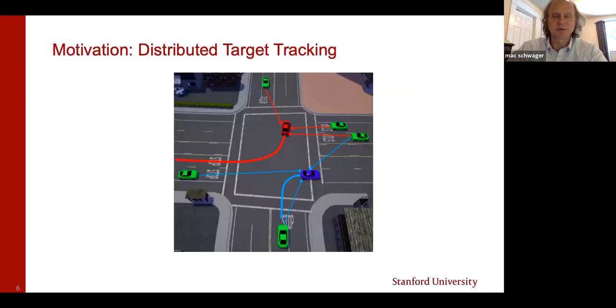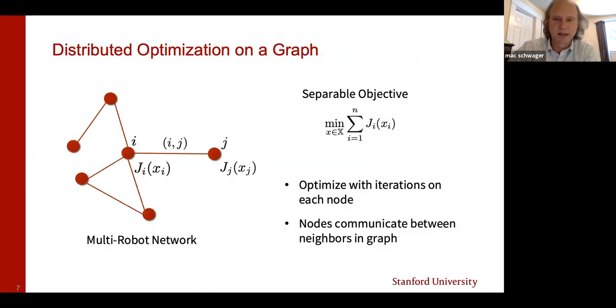So first, let's talk about distributed optimization. I already talked about this application, right? An autonomous taxi fleet or autonomous car fleet. There's a vehicle-to-vehicle network, and they're trying to track multiple targets. So let's dig into the basics of distributed optimization and build up from there this algorithm for these cars to track multiple targets. What I'm talking about specifically is distributed optimization on a graph, which is in itself kind of a strange duck when it comes to the world of parallel and distributed optimization.